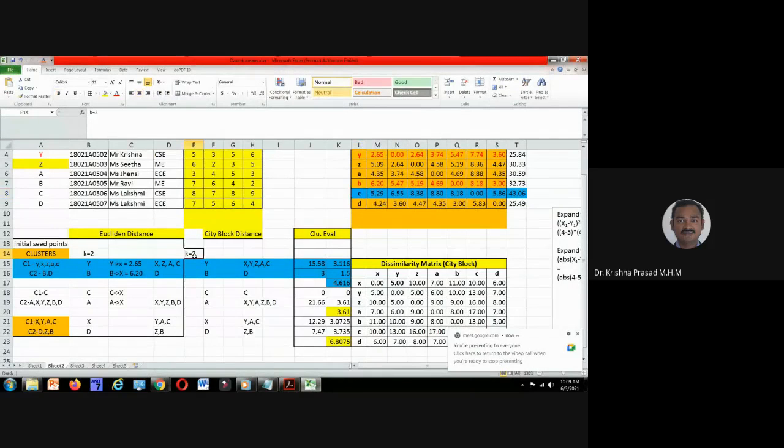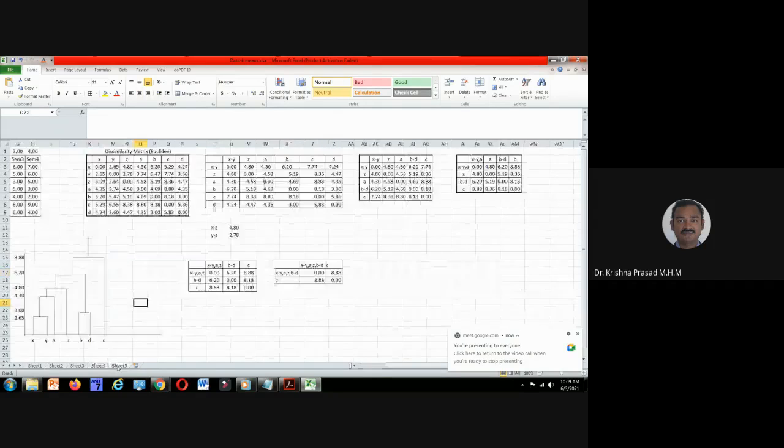Whenever I change k equal to 3, this entire procedure is not going to be utilized. I need to take k equal to 3, random values, rebuild the cluster. Finally, I need to compare and tell which one is best. This is k-means, or k-medoids, whatever it may be. If you come to the hierarchical